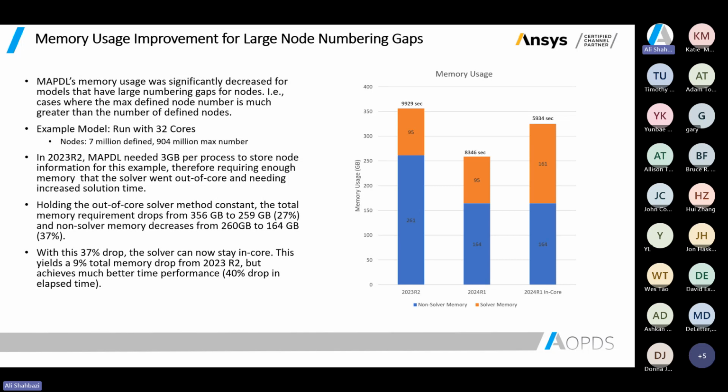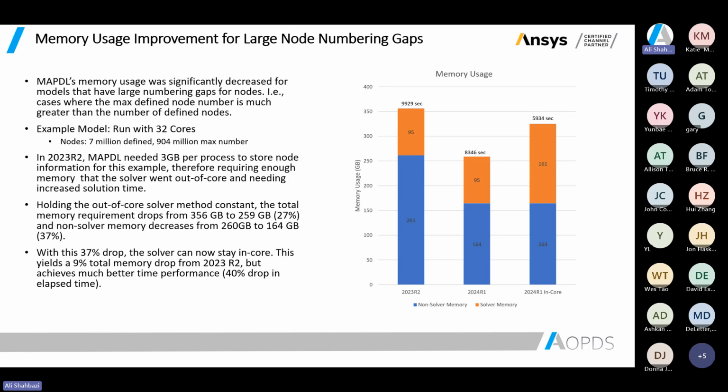So we have 3 examples here. You can see the column on the left side was 2023 R2. Then we have 2024 R1, and then we have 2024 R1 in core,